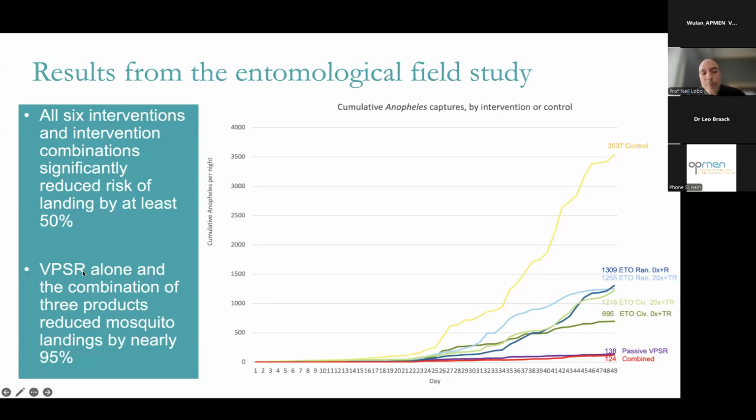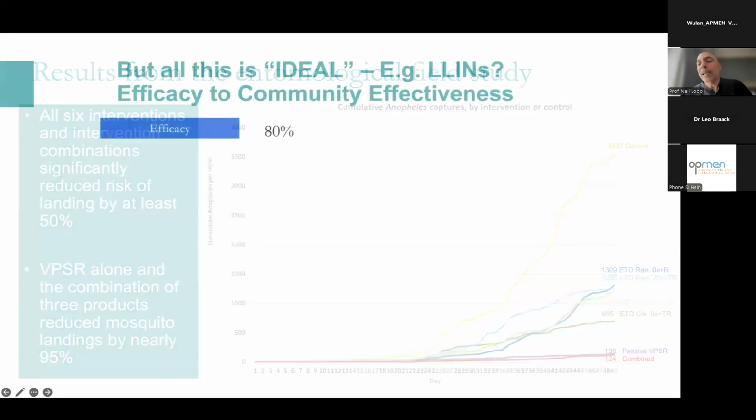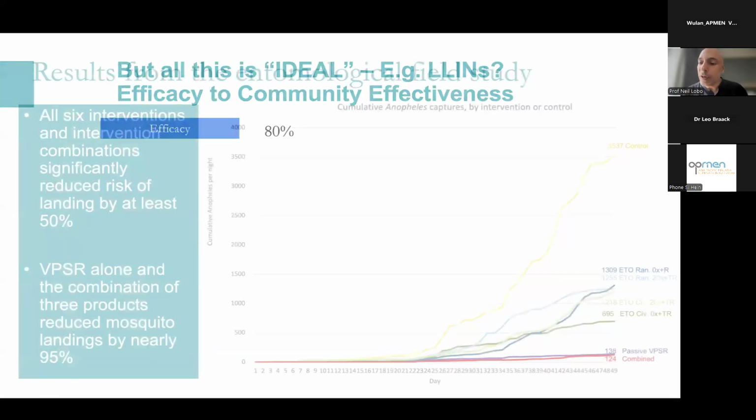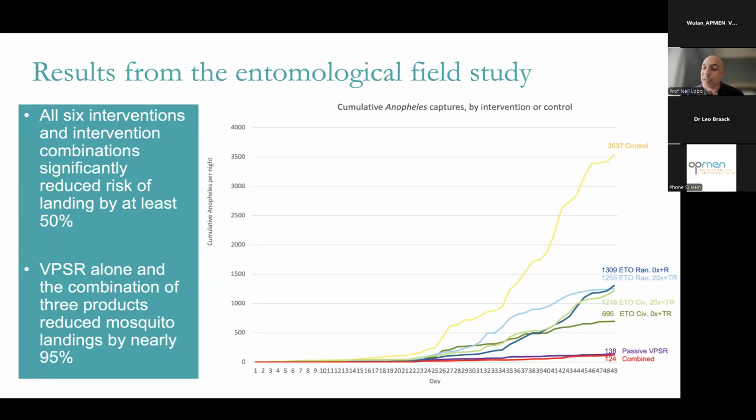Alone, VPSR, this volatile pyrethroid space repellent, and the combinations of all of them together worked really well. And this is where we can see how mapping gaps in protection and how things function, the mosquito, your vector, and your intervention, can actually produce data that can point to really good decision making. So after this, the Ministry of Health of Cambodia actually wanted us to do an implementation study, which we did,